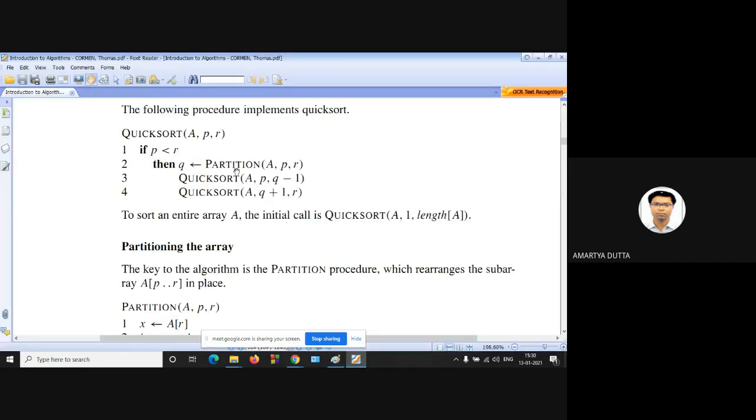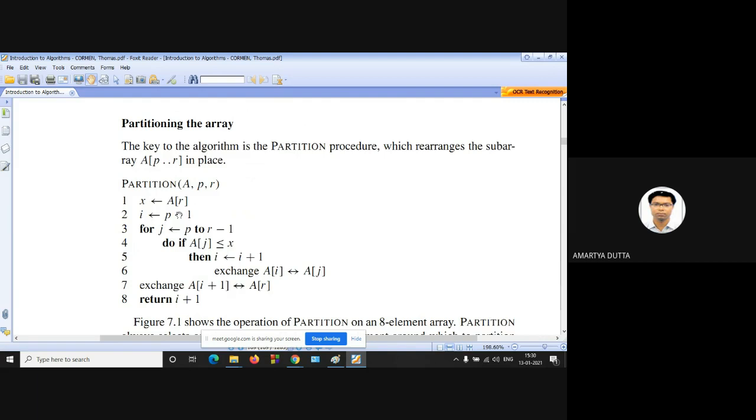So second line is call the partition function and store the result in q. So first, AR is copied in X.